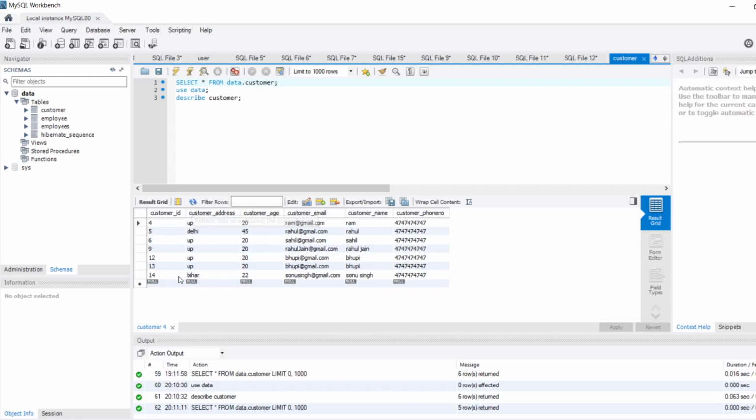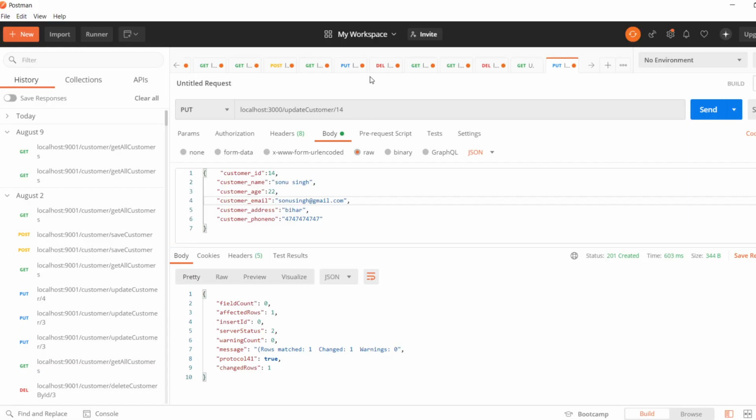If you see, it was earlier Sonu, now it is Sonu Singh, and if you see the email ID Sonu Singh, let's update ID 13 Bhupi at the rate. Let's make it Bhupi cool. Okay, so just pass ID 13 here, 13 here, and let's make it Bhupi cool, and same thing here, Bhupi cool.